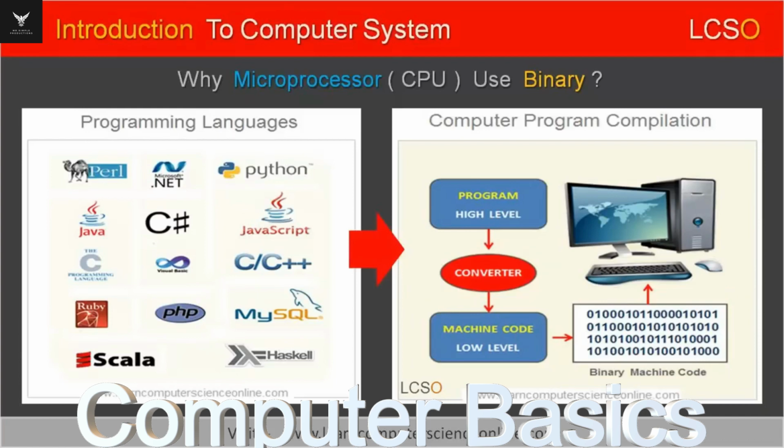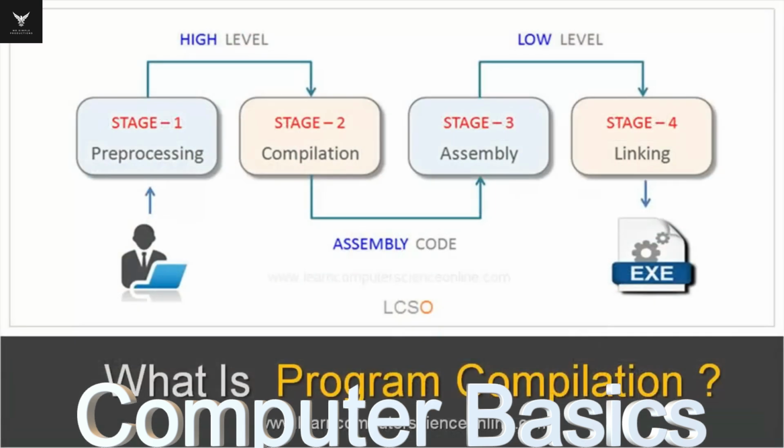The compiler is used to translate the high-level program into low-level machine code in binary. This conversion process is called the program compilation. For more information on this topic, please read the detailed article on our website,